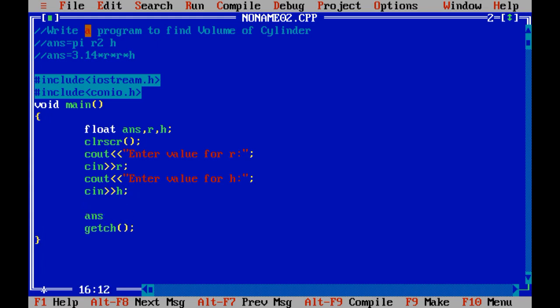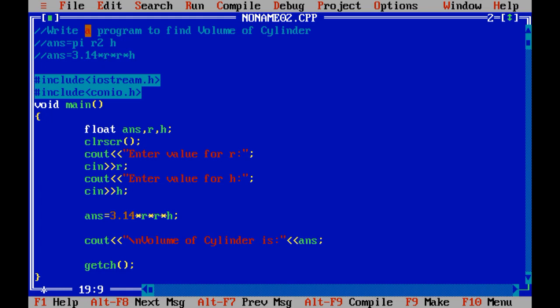Now the processing statement, that is answer equals 3.14 multiplied by r into h. And at last the output statement, you can use \n or you can use the endl operator over here. I have used \n. Then "volume of cylinder is", and the name of variable, that is the answer variable.